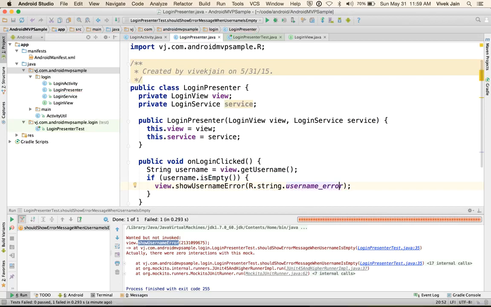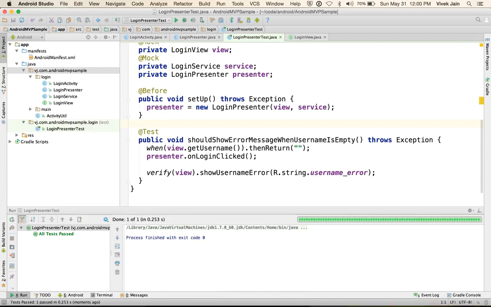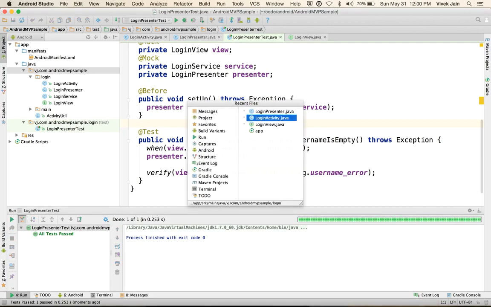Alright, so this should be good enough for my first test. So let me run the test again and see if it passes. Now that the test is passed and I have tested the scenario of username being empty, I can go to the activity